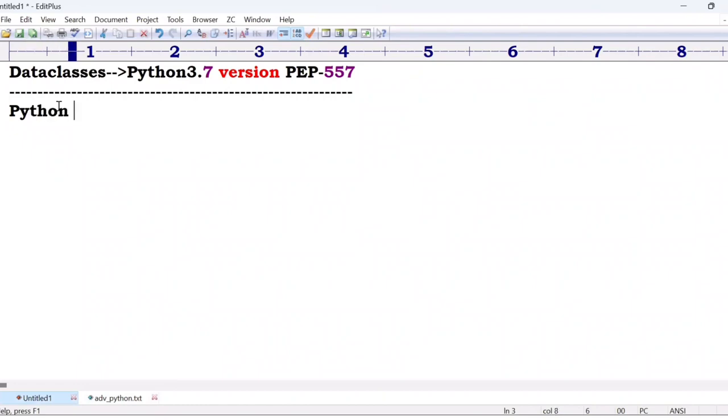Sir, generally Python is which type of language? Means it is just like an all-rounder. POP means